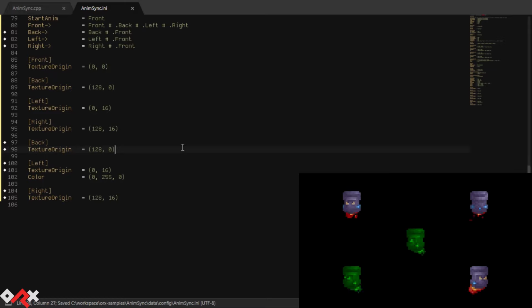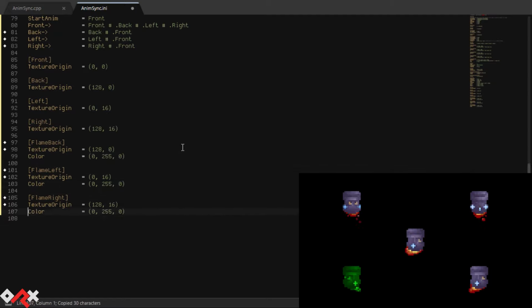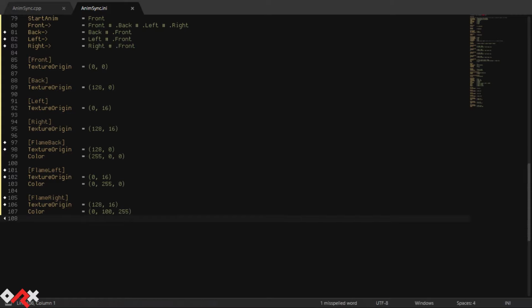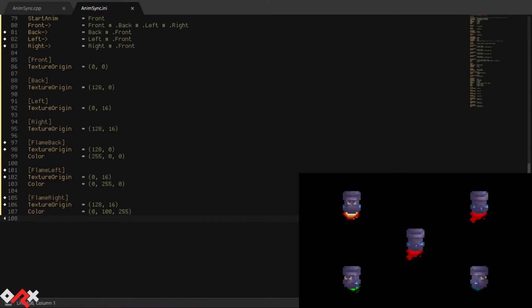Let's add some colors to the back, left and right animations. Alright, let's restart. Looks great.